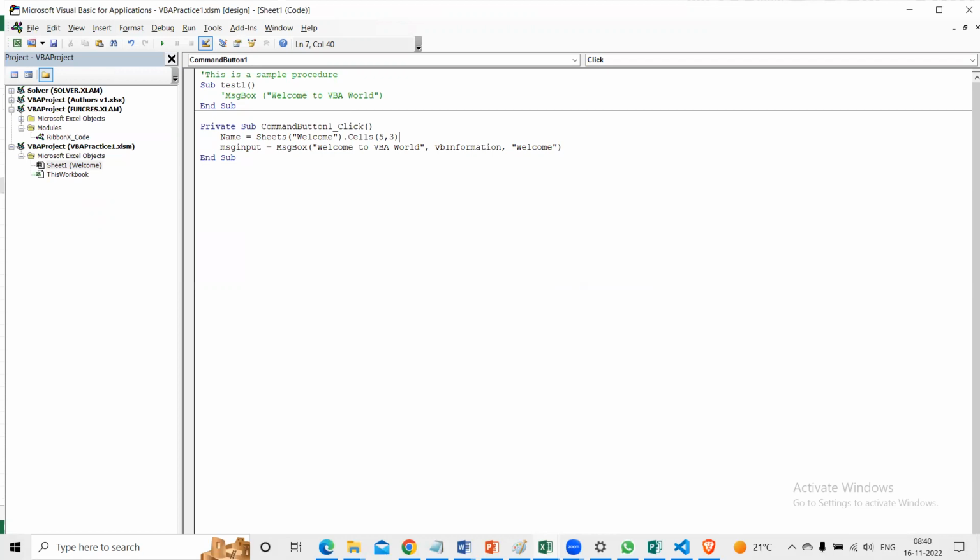I want to know the value, right, from this. So I'll say value. So now this name variable is storing the value from which cell? Sheets welcome, so sheet by name welcome, and cells 5 comma 3, correct? And it's taking the value of this. So you can read this way,